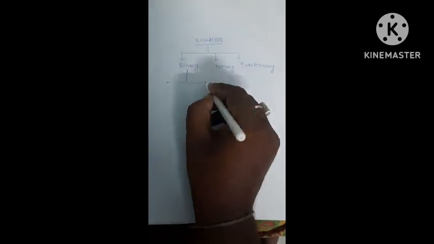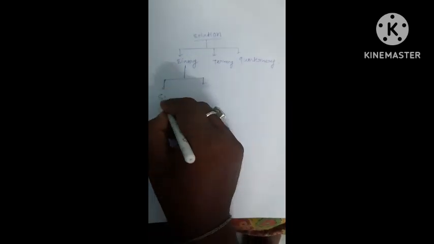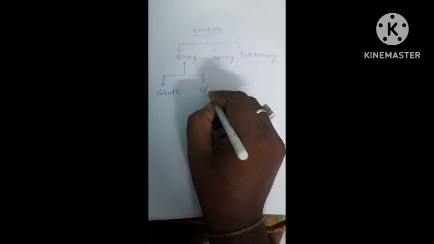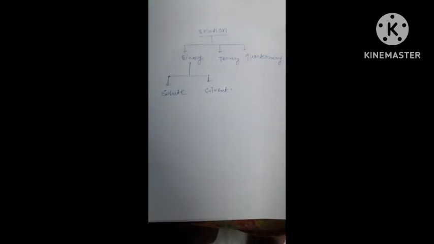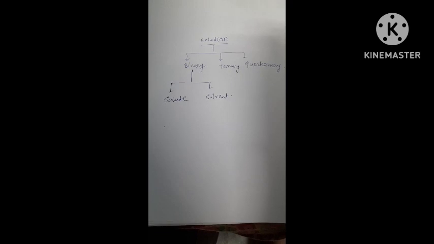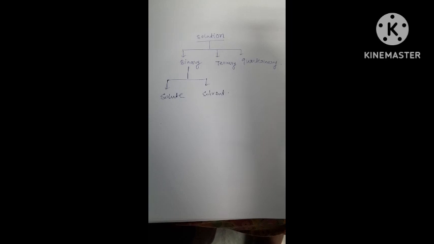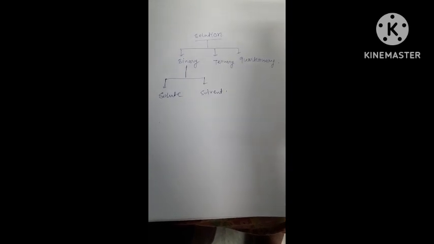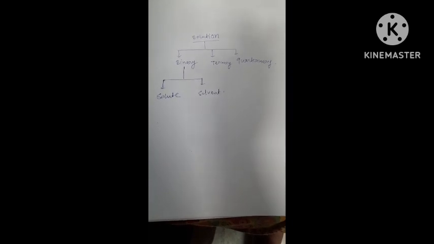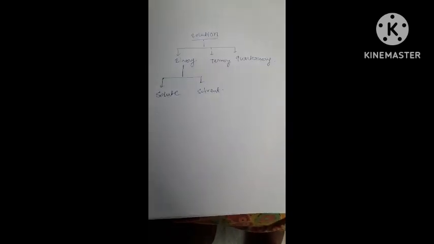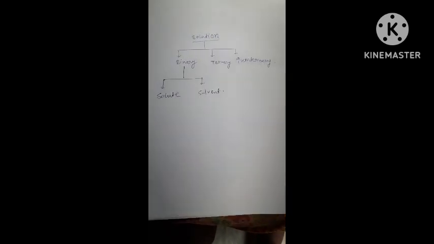One component of the binary solution is known as what? The solute, and another is called what? The solvent. Solute means the substance which is present in less quantity. Which is present in less quantity in a solution is known as the solute. So solvent, what is called solvent? Solvent means this is the substance which is present in large quantity and which determines the physical state of the solution. So that is known as the